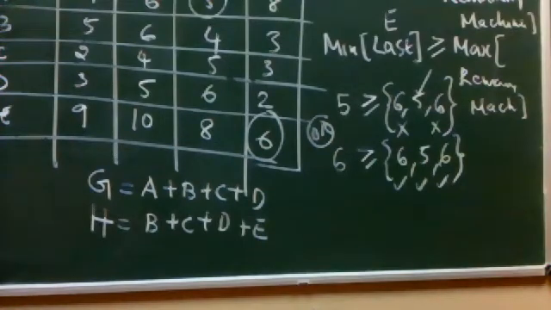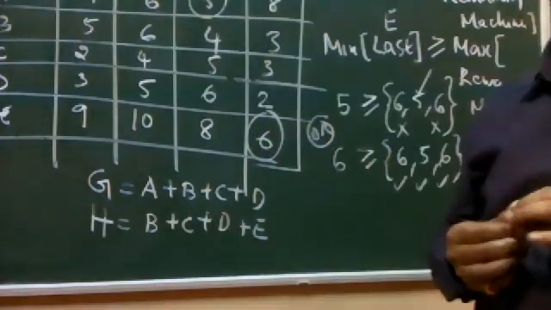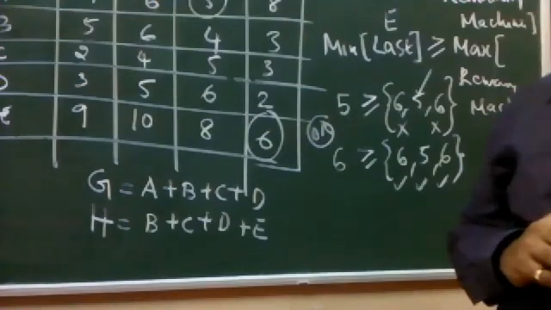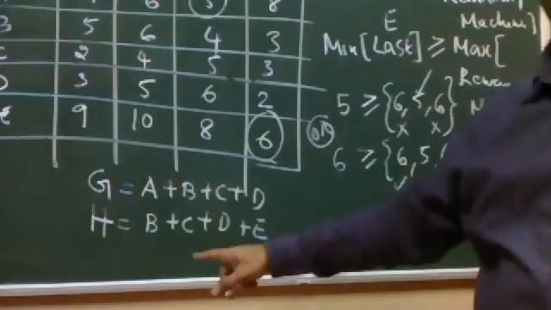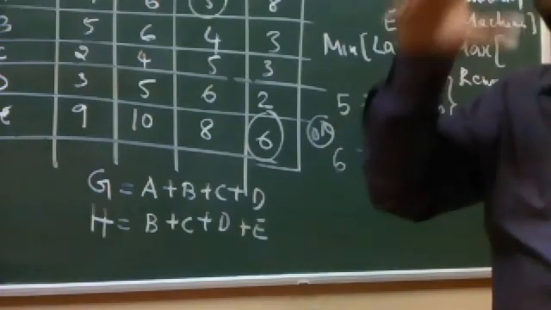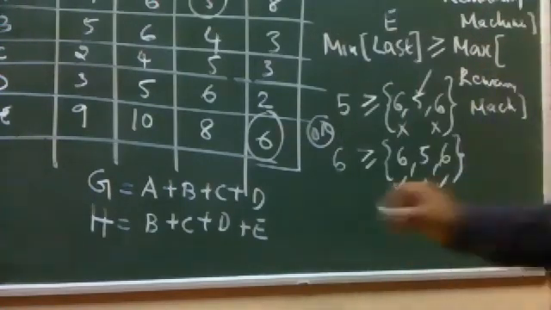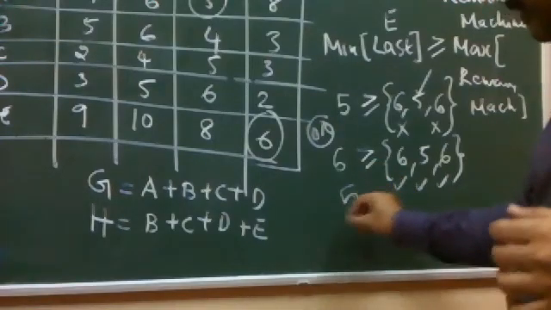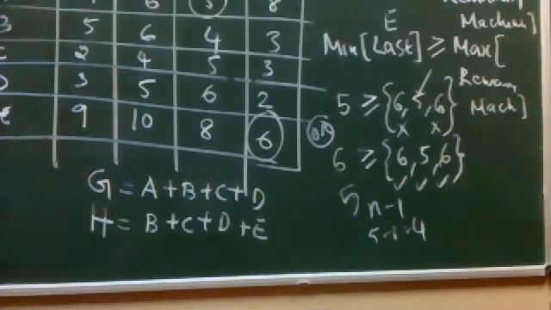Okay. So this is a general way of understanding it. Typically from a mathematical point of view, how exactly are these equations written? If you look at the entire question paper here, there are totally 5 machines. Whenever you are writing an equation for G and H, always remember, K minus 1. However many machines you have in total, you should subtract 1 from that. That means if there are totally 5 machines, I should take n minus 1, 5 minus 1, which is nothing but 4. The first 4 machines should be taken.